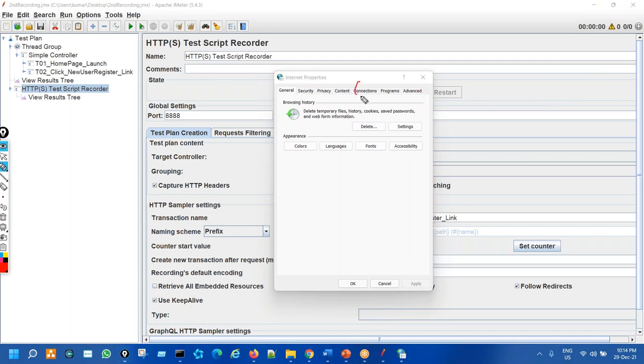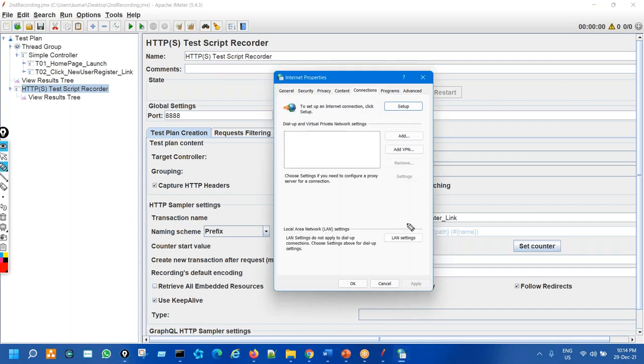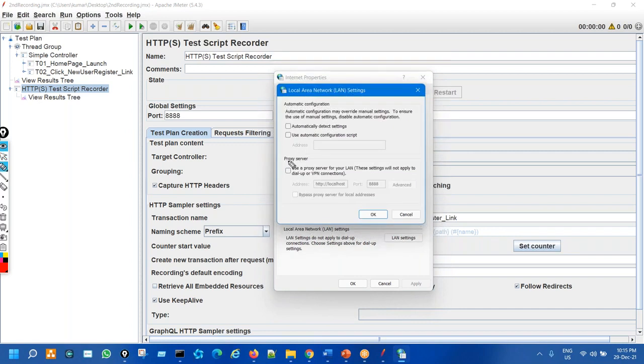Then here you see the Connections tab. You have to click on the Connections tab. Then here you will see LAN settings, right? You have to click on LAN settings, and then here Proxy Server. Fine. So just a second now. Let me delete this. Yeah. So like this, you have to click Proxy Server, and then here you have to fill as usual those